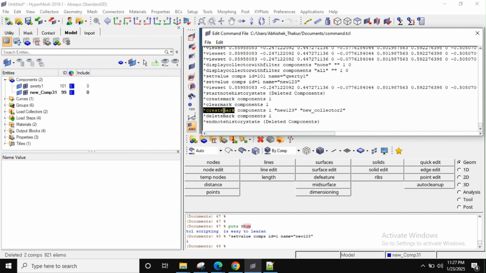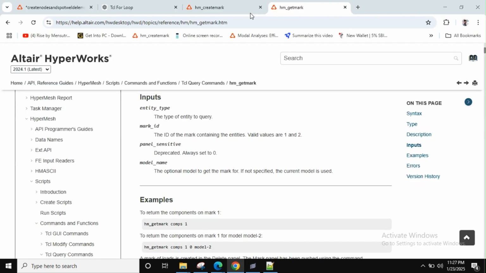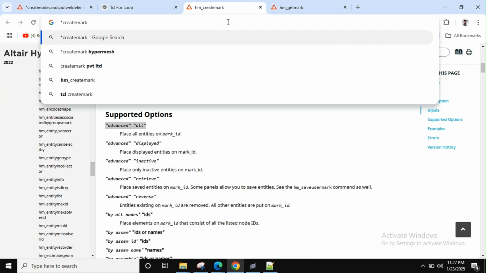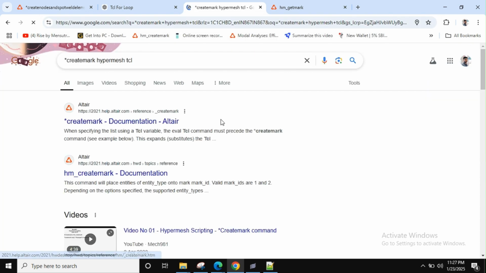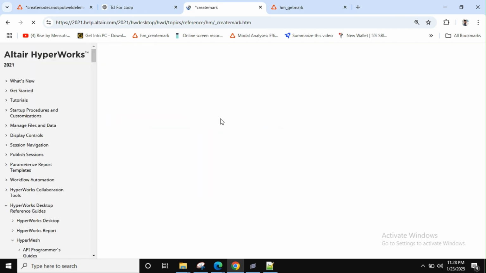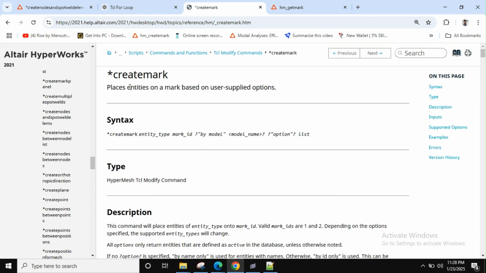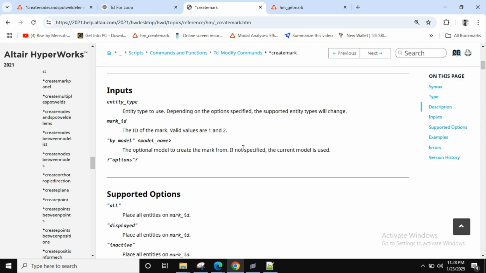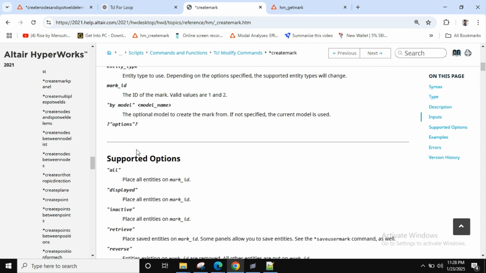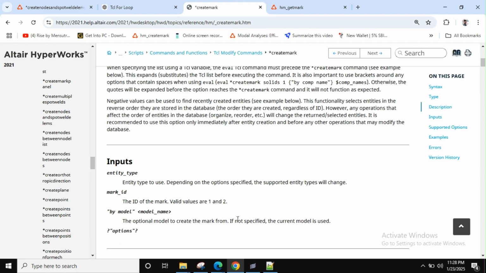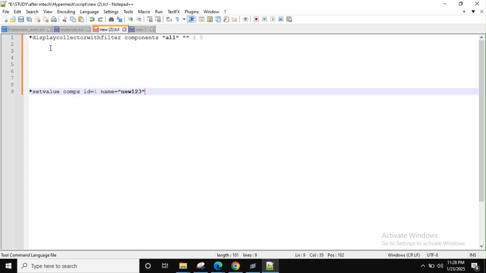So I will see what this star mark is. I'll go here, star mark HyperMesh TCL. I'll go to this documentation and see what this star mark is. Basically, it places a mark based on the user supplied options. We'll go here, and there is something called all, which places all components. So instead of this,